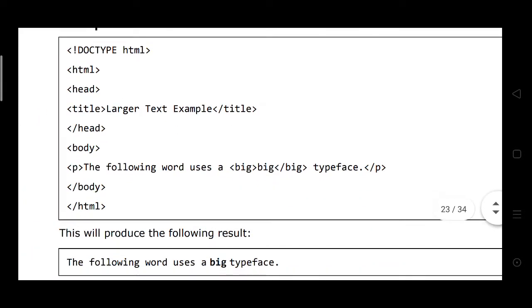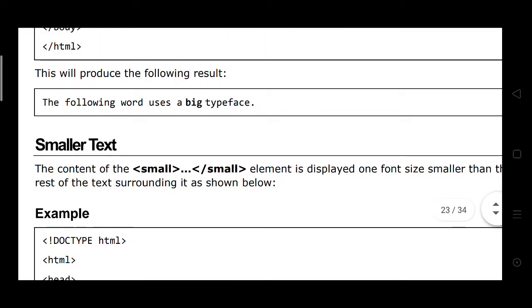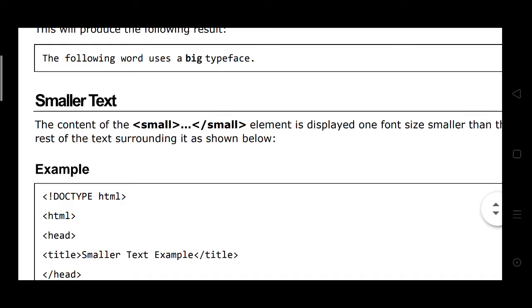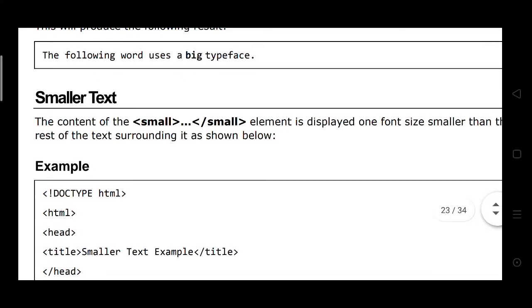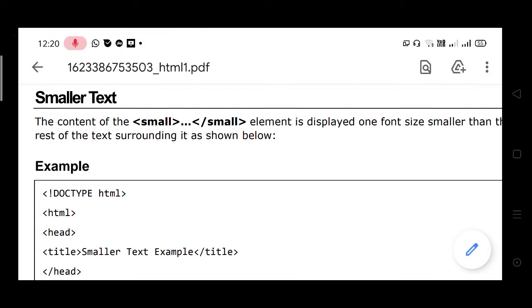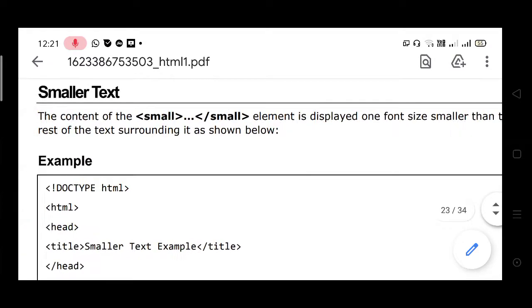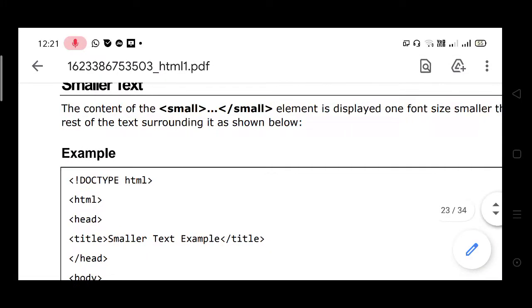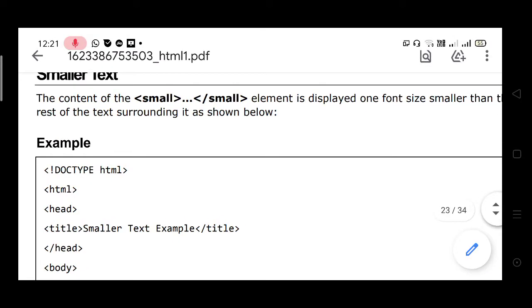Here smaller text: the content of the small element is displayed one font size smaller than the rest of the text surrounding it, as shown below.